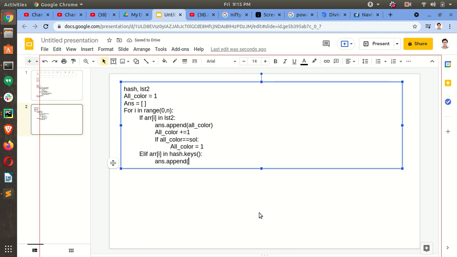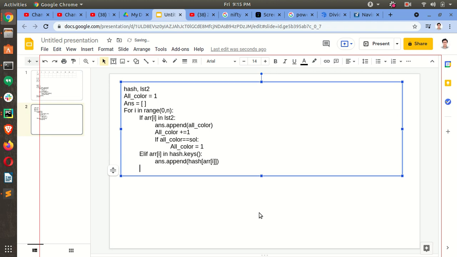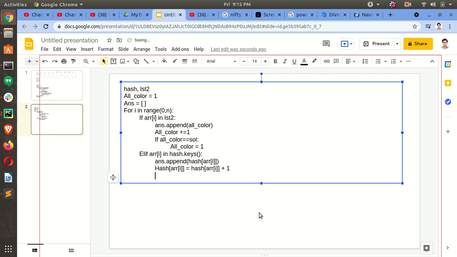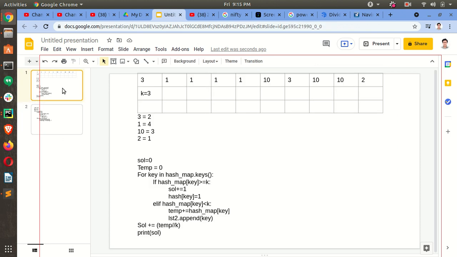Hash arr[i] equal to hash arr[i] plus 1. Okay, this is what we will do.